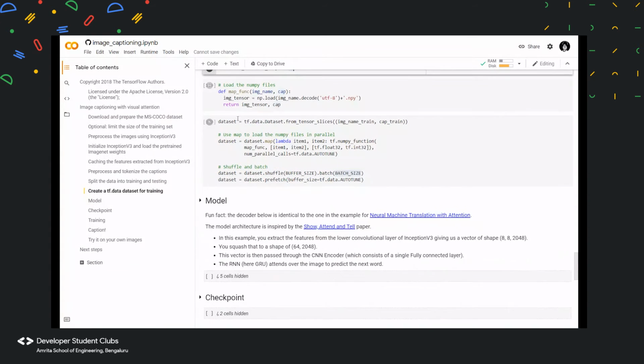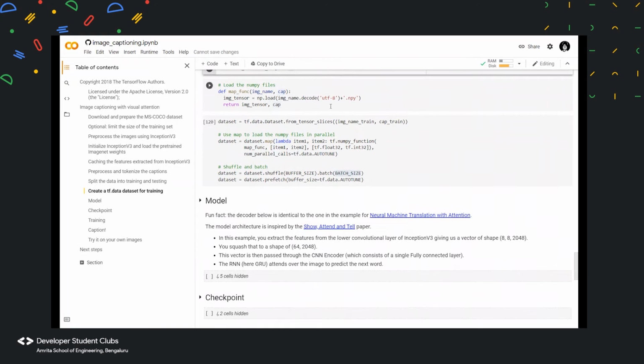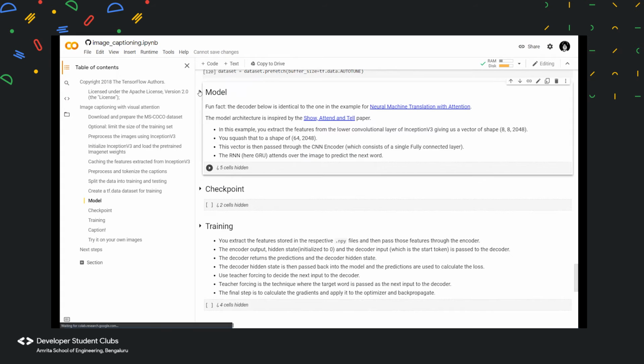And later on we can see that we are trying to convert all the images into .npy file format, which is used to compute faster. If you want to train a lot of data, like more than 50,000 or 60,000 images, then storing it in the form of .npy and unpacking it whenever it is required will be better when we want to use RAM efficiently. And now let's look at the model.